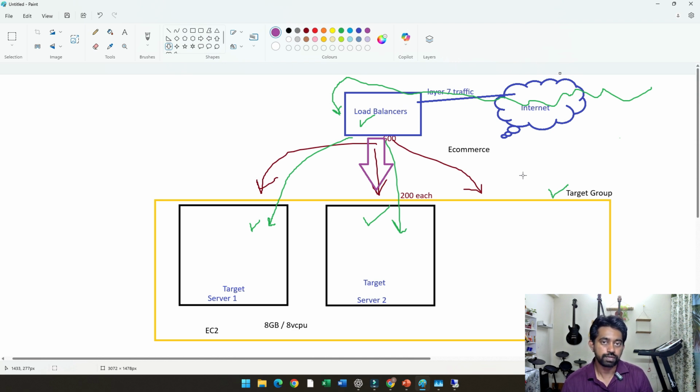I hope this topic was very useful for you. This is one of the most important topics in different interviews. If you're going for an interview, they'll definitely ask you what the different types of load balancers in AWS are, and what the exact use of a load balancer is. So if you are able to explain why a load balancer is used, along with a real world example in the case of an e-commerce website,